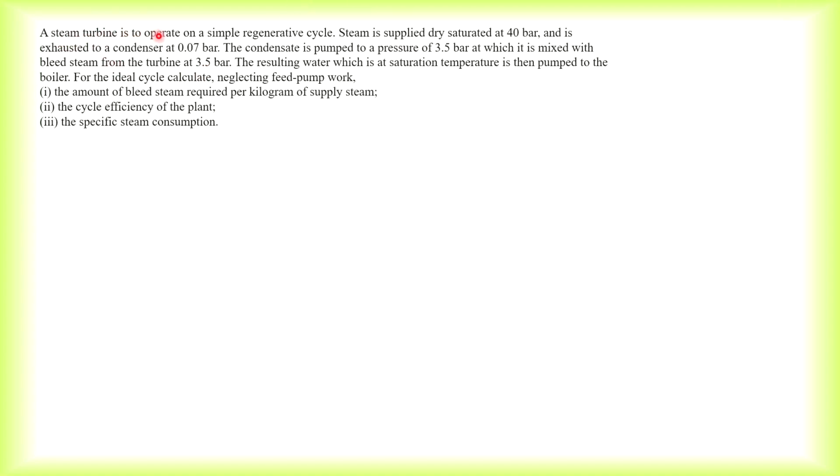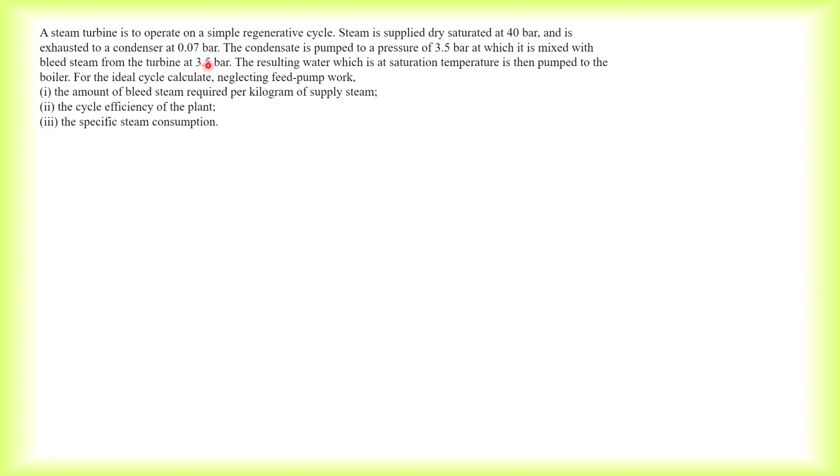Now, a steam turbine is to operate on a simple regenerative Rankine cycle. Steam is supplied dry saturated at 40 bar. So this will be the boiler pressure and is exhausted to a condenser at 0.07 bar. So this pressure would be the condenser pressure. The condensate is pumped to a pressure of 3.5 bar, which is the pressure at which the steam is extracted from the turbine, okay, for regeneration purposes, at which it is mixed with bled steam from the turbine